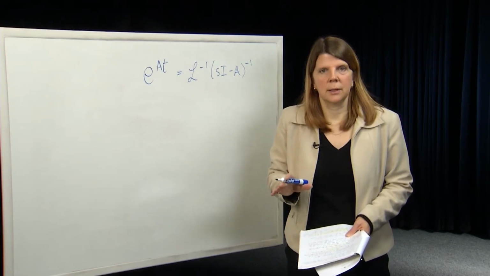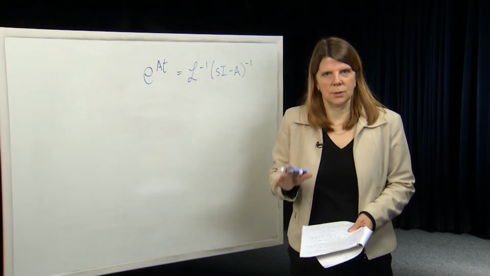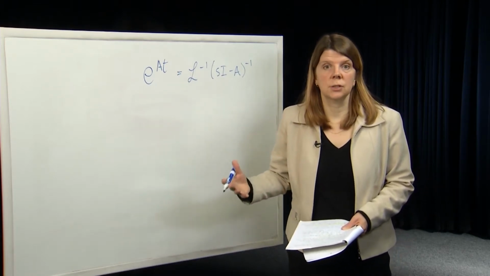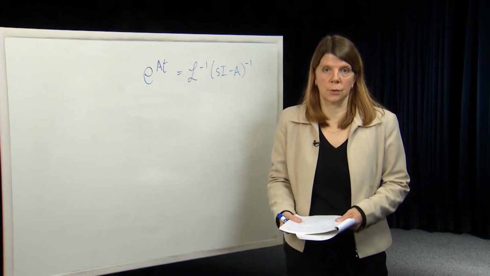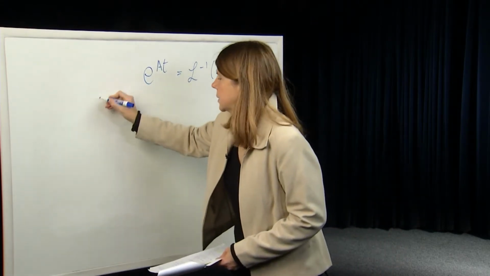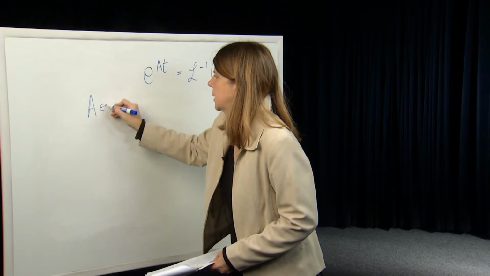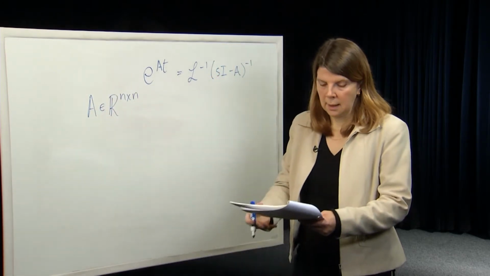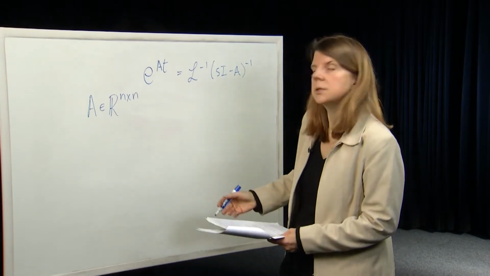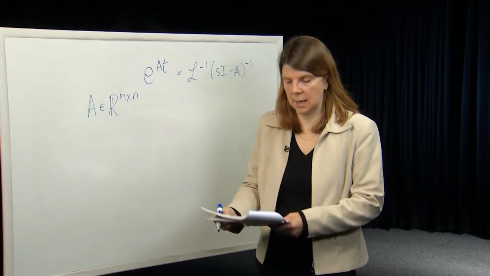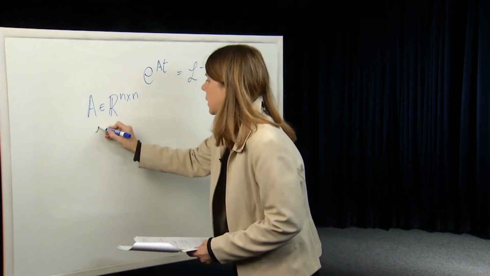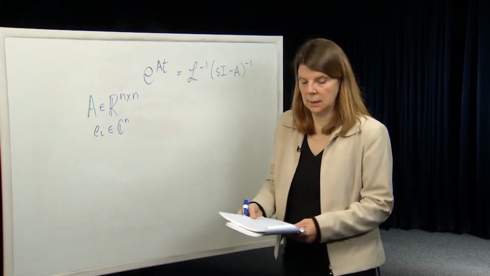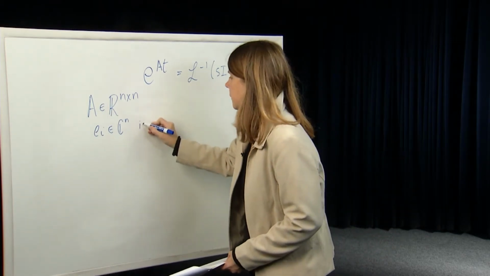So let's start by talking about eigenvalues and eigenvectors, which is going to be our basis for this transformation to either the diagonal form or the Jordan form. So, eigenvalues and eigenvectors of the matrix A. Let's assume that A is a matrix in R^(n by n). And we define an eigenvector-eigenvalue pair of the matrix A as follows. So e_i, which in general is a complex vector in C^n, is said to be an eigenvector